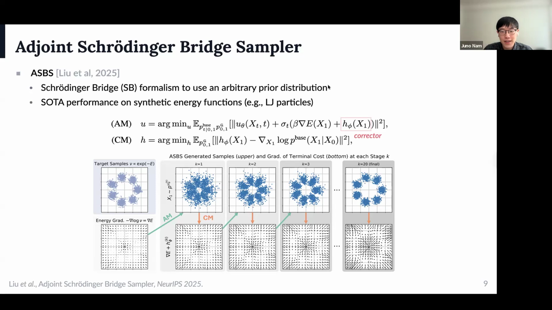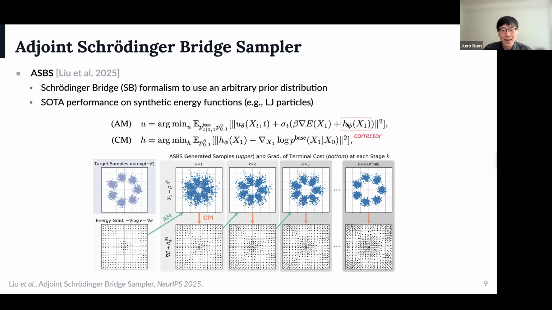So the idea is we have an additional term in the regression target named corrector, which corrects the effect of a non-degenerate prior that we have. And this corrector is also learned from the gradient of the transition-based density,